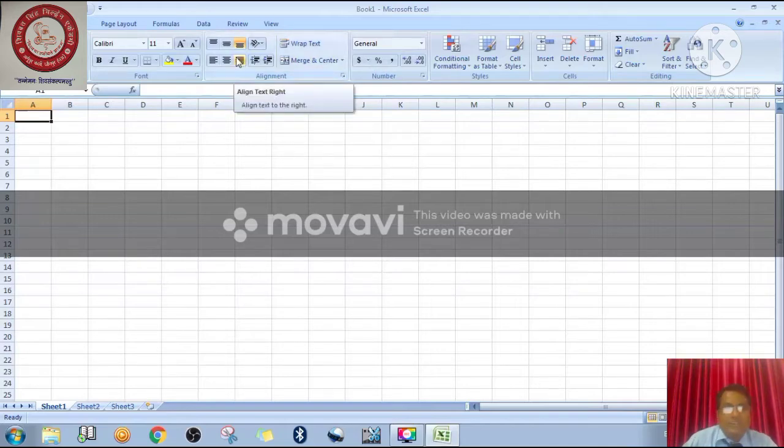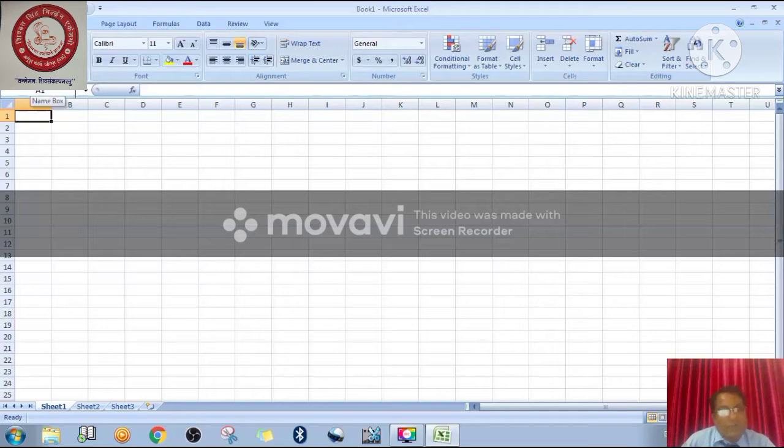Below the menu bar there is a toolbar, and that toolbar is divided into different groups, right? So each group consists of many kinds of buttons depending on your requirement, that fulfills your requirement also, right students? Now below this toolbar, two boxes are there. On the left side A1 is written there, and this box is known as name box. On the right hand side fx is written there. The name of this box is formula bar, right? This is name box and this is formula bar.